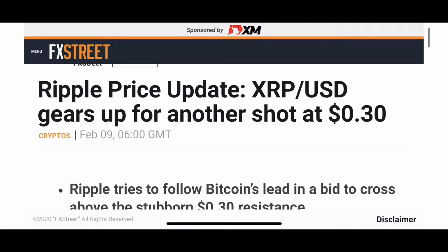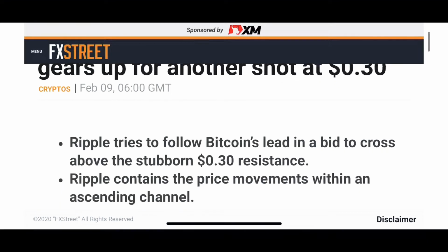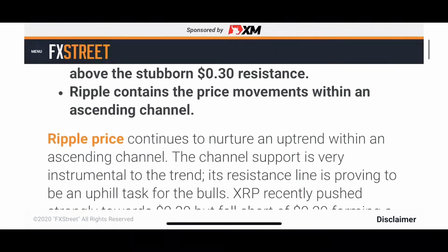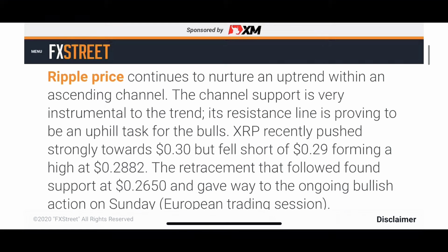Ripple's price update. XRP USD gears up for another shot at 30 cents. Ripple tries to follow Bitcoin's lead in a bid to cross above the stubborn 30-cent resistance. Ripple contains the price movement within an ascending channel. Ripple's price continues to nurture an uptrend